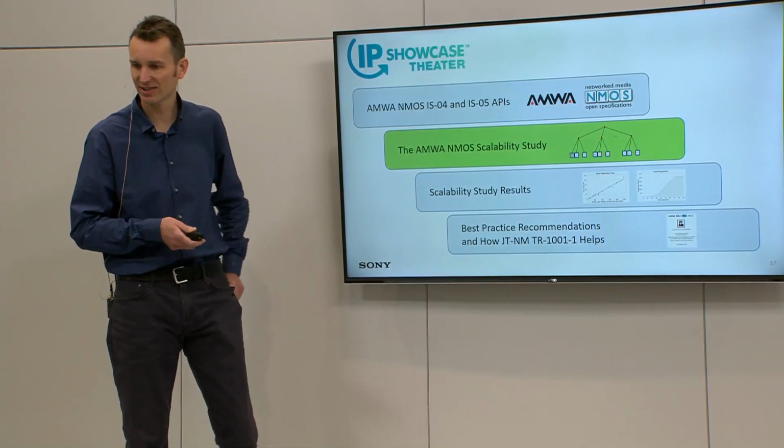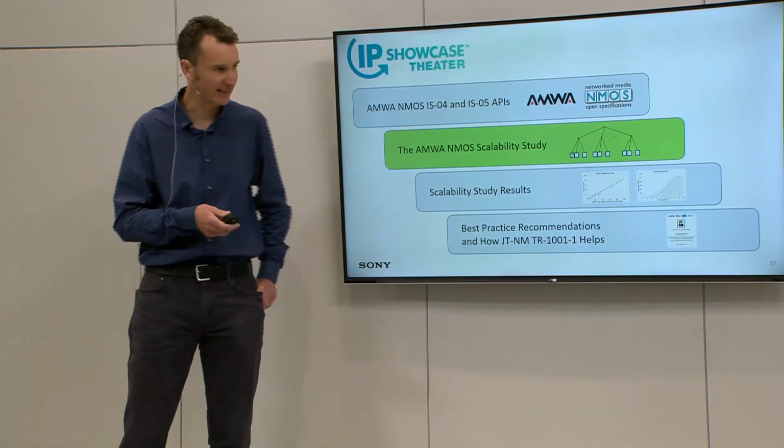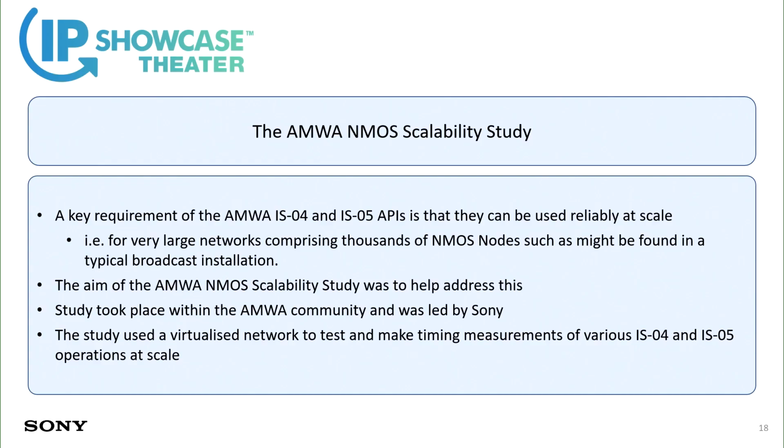So now moving on to talk about our scalability study and how we set this up. The point of the scalability study was really to make sure we can use these APIs at scale, because in real broadcast deployments, we might have many, many thousands of senders and receivers on our network, and we want to make sure that we don't reach any bottlenecks in the system with all these APIs trying to be called at once. So within the AMWA, within the Advanced Media Workflow Association, we set up the NMOS Scalability